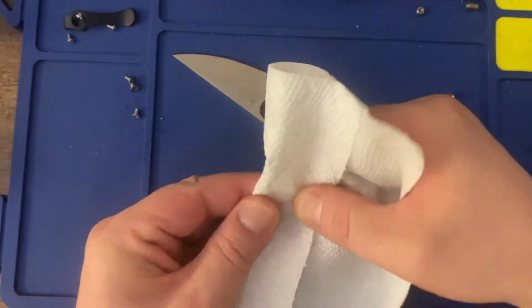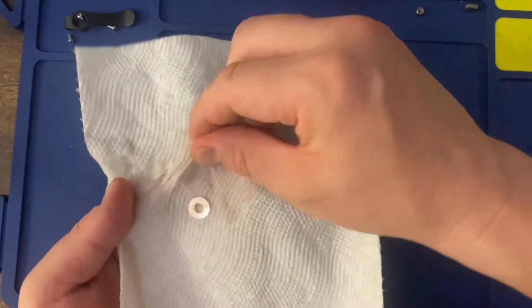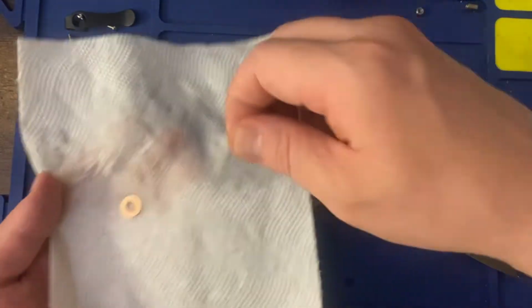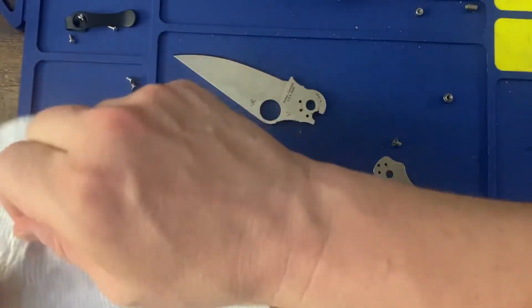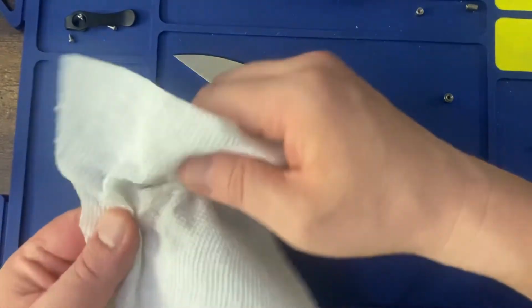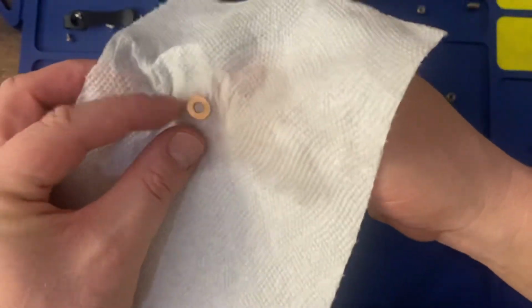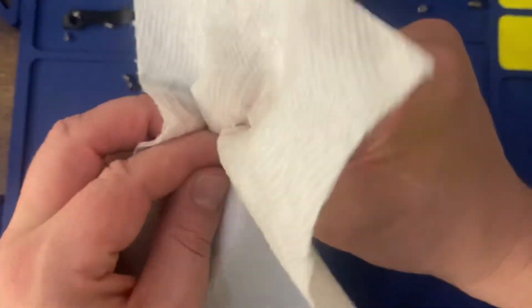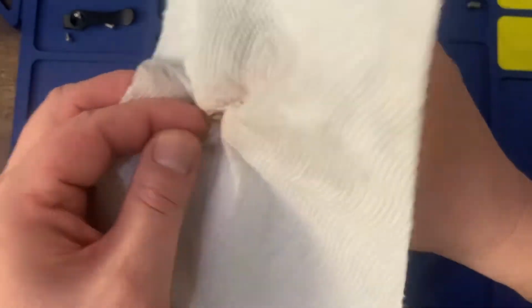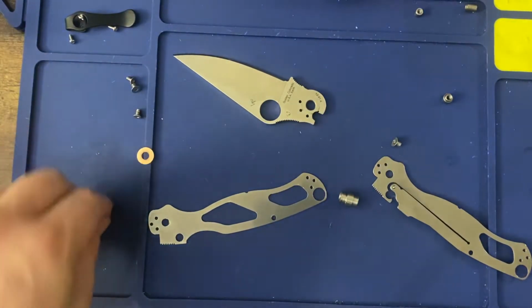Everybody's wondering, is there better stuff to do this with? Possibly. There's a lot of things out there that are for cleaning, getting stuff off, that may work a little bit better. Alcohol works really good for grease and all sorts of other stuff. It tends to do a pretty good job on patinaed, deposited stuff. What you have not seen me do already is clean out the